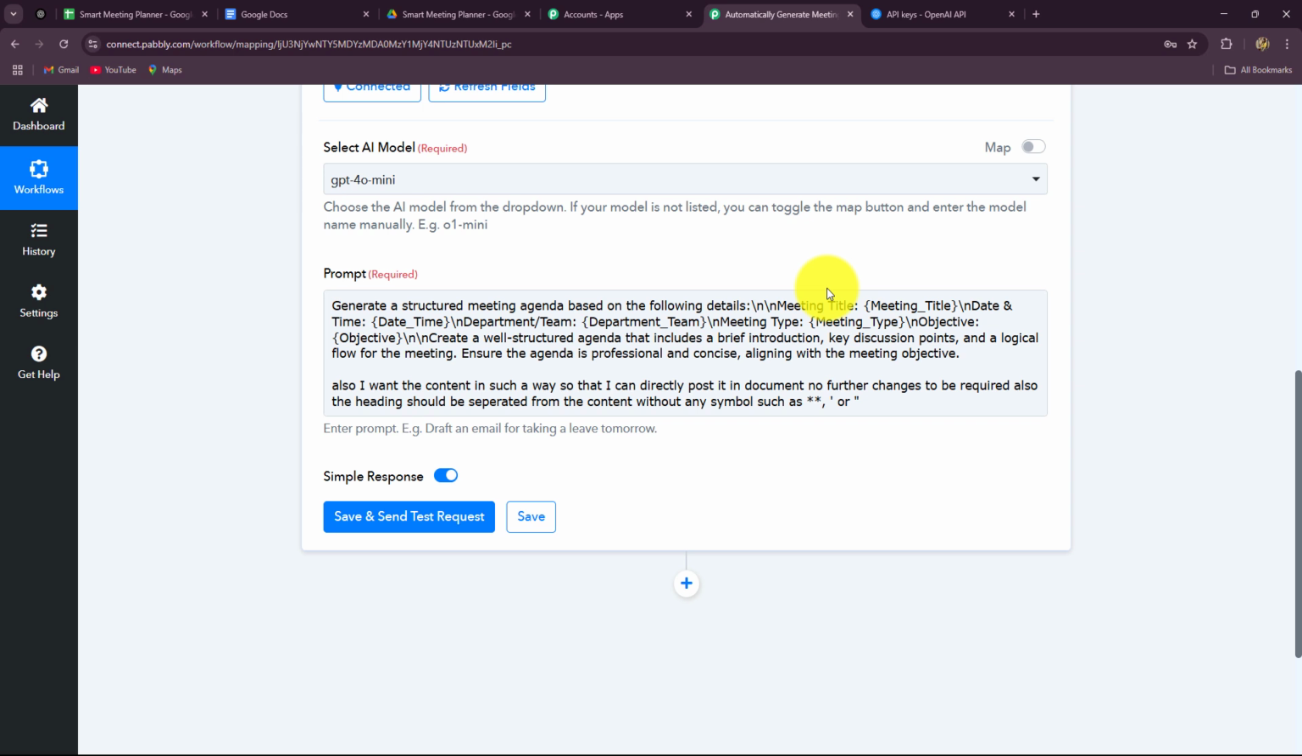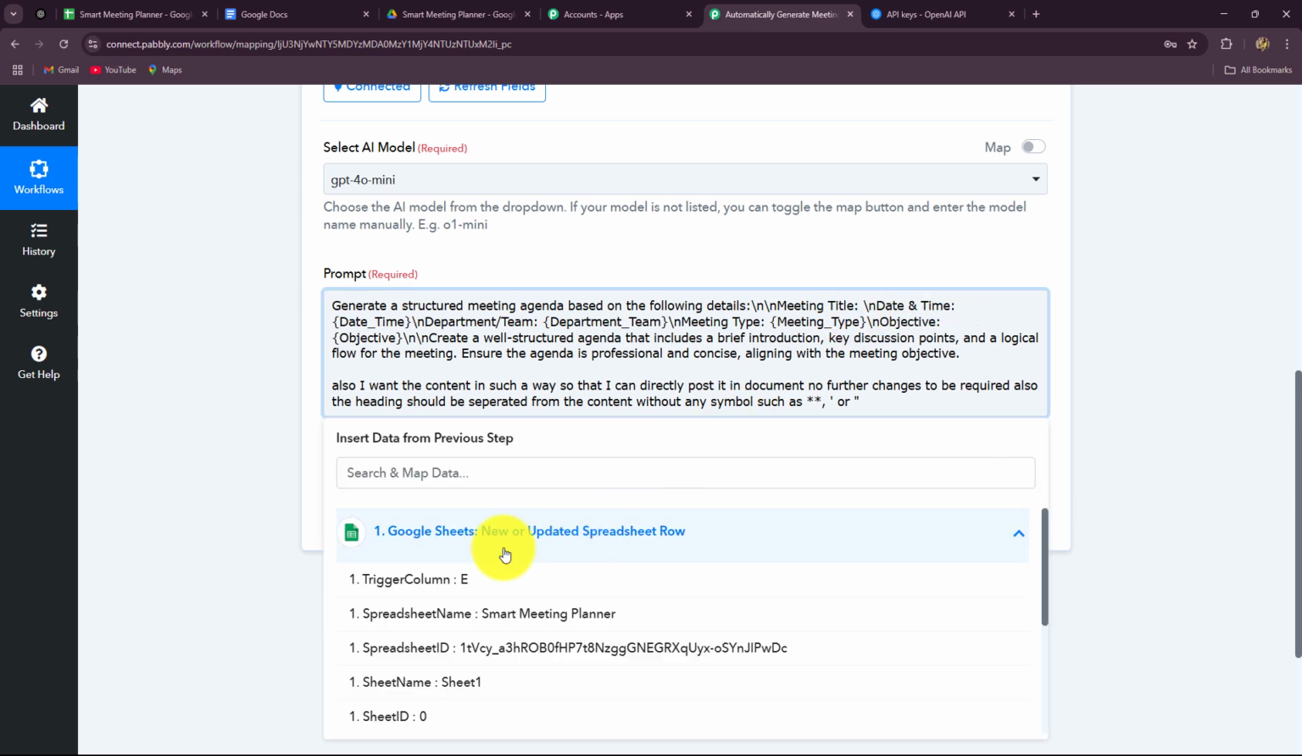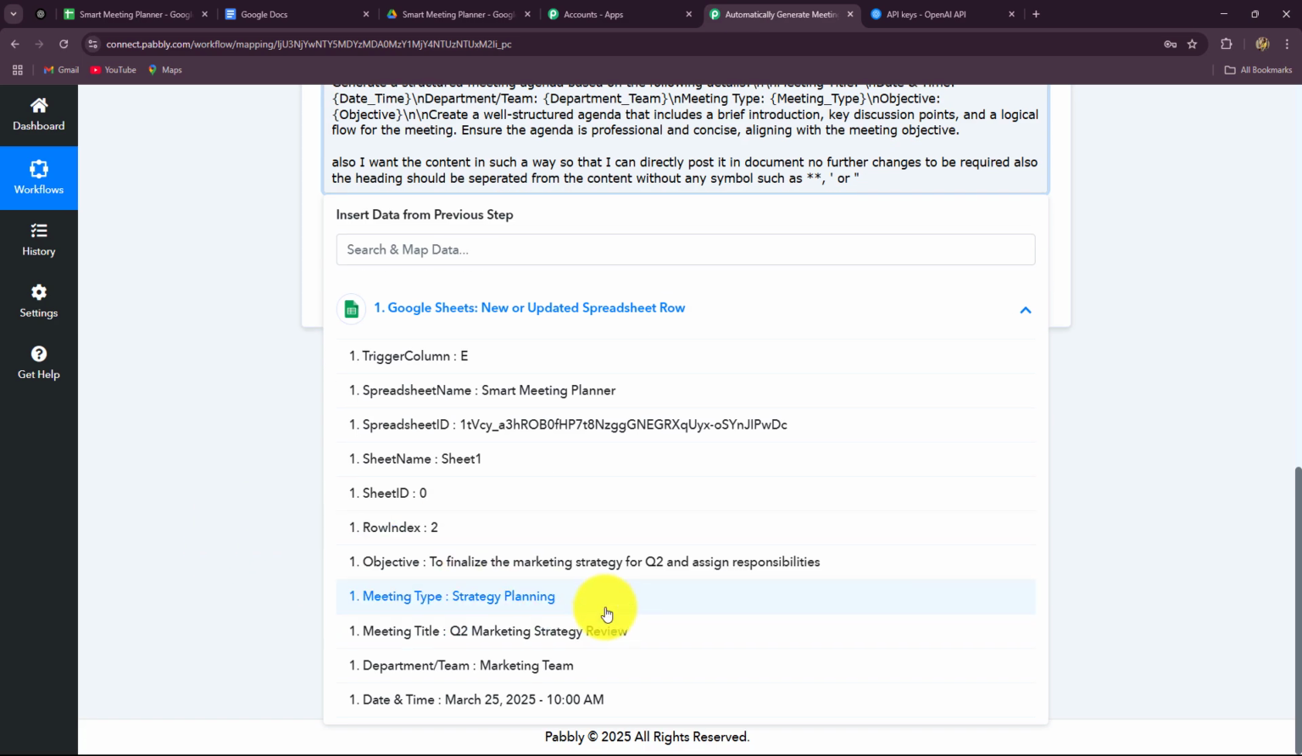First of all I want to start with an introduction, then I want to discuss the key points, as it is a strategic planning meeting, so all the points should be accordingly. Now let's start entering the details. First of all it is asking us the meeting title, and here I'm going to enter the same meeting title which I have received in my earlier response, that is in my Google Sheets,